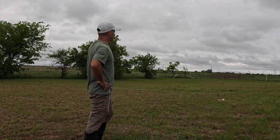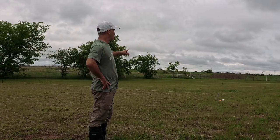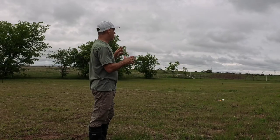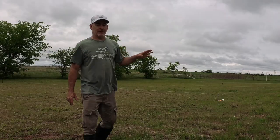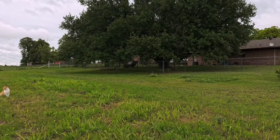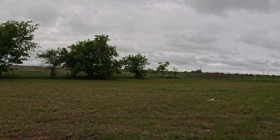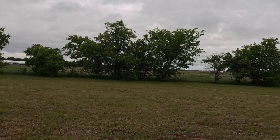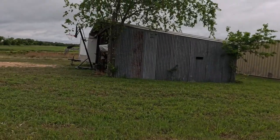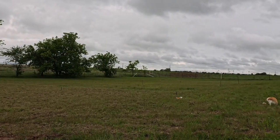Okay, I think you can see most of this behind me. I've got this set up where I can see exactly how big every room is, and where this thing is going to sit. It was important for me to get a layout of this because that's my back fence to my backyard, and the building's going to be right in this area. That's the back fence to my property. I've only got 3¼ acres or something. Over here is the shed behind us. So the building being right here,